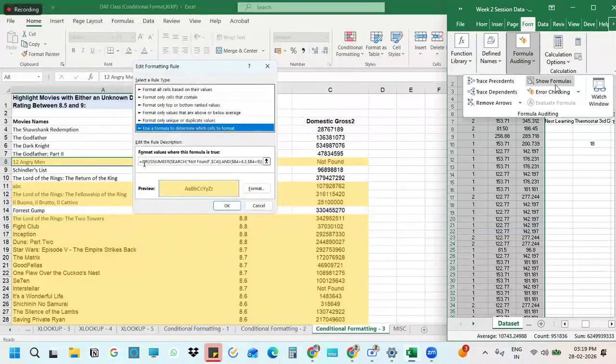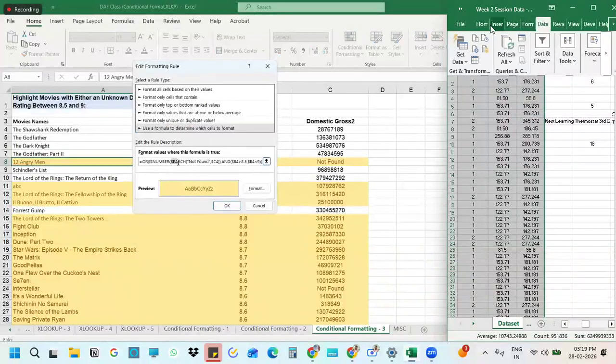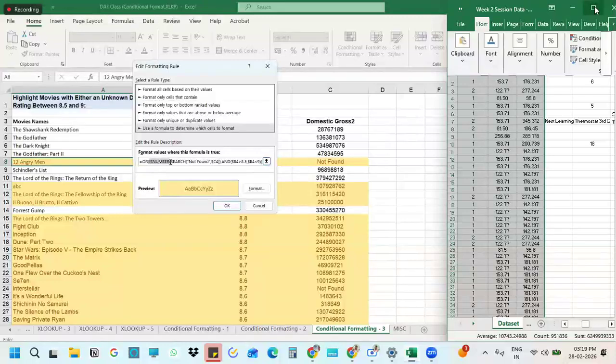See, again, it is using not found. If we are searching for not found and the output is a number, so this is one condition. The second condition is that the rating should be between 8.5 and 9, right? And either of the conditions can be true, this one or this one,